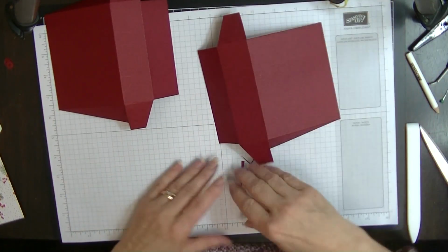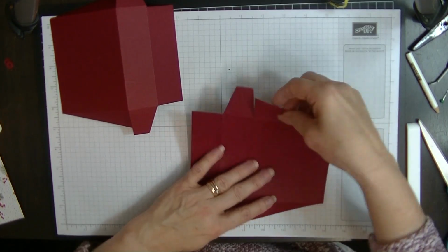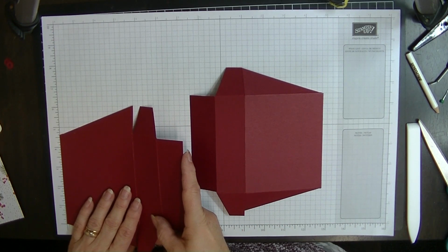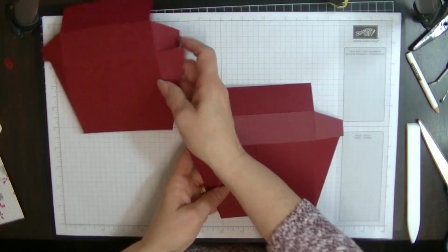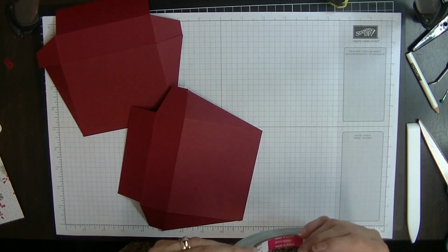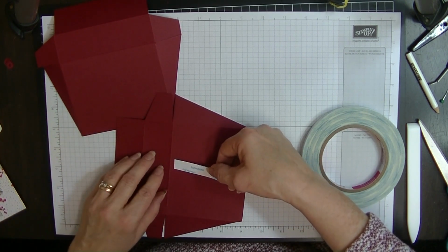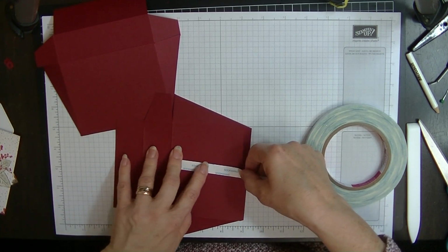Okay, so now what we need is our double-sided tape, because it's better to do all of this while this is still laying flat. So we know that this piece here in the middle now measures 4 5/8, so I'm going to just eyeball this through the middle here, but not right up against this edge here, this score line, because your designer series paper is going, you don't want that showing. And I'm going to just pop a piece there of this